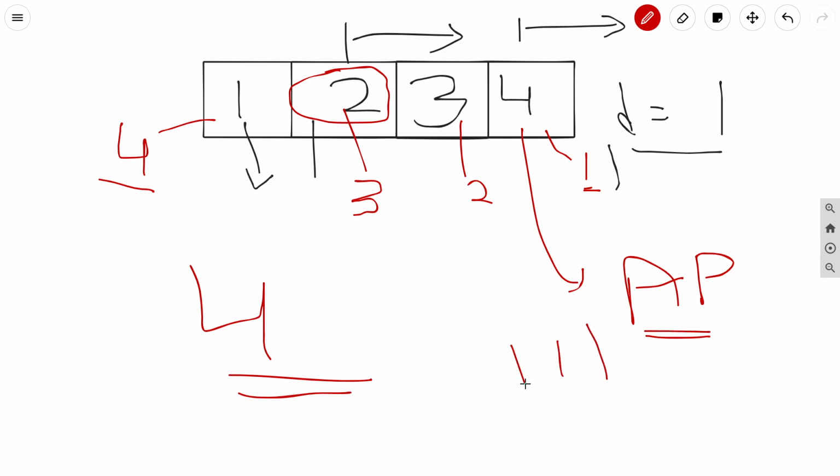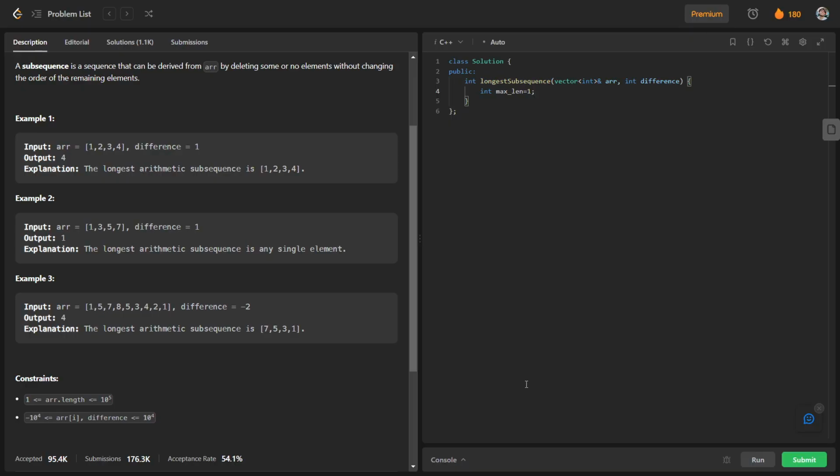That's why I have initialized maxLength with 1. This will return the maximum length of the arithmetic subsequence.